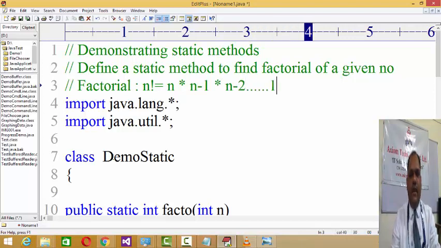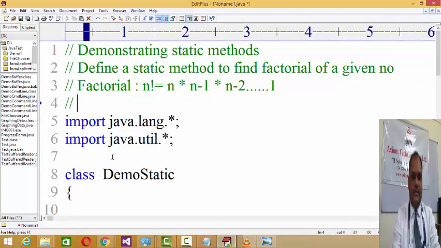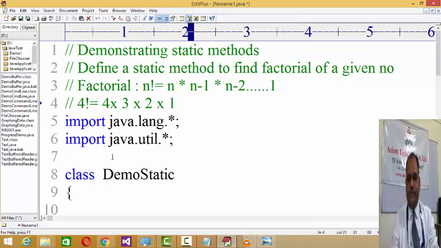Means you have to reduce the value of n to 1, and the multiplied value will be the factorial of it. Just for example, if you want to find the factorial of 4, that is 4 into 3 into 2 into 1, right? That is 24, the factorial of 4. Got my point clear? Okay.